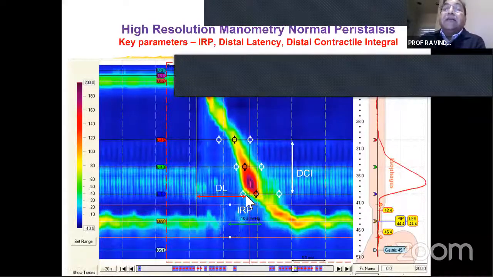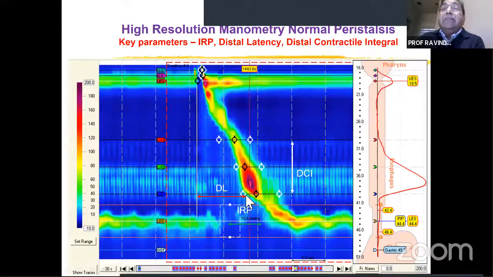So these are the three key parameters: IRP, distal latency, and distal contractile integral. You guys already know that with the onset of swallowing, it takes a certain time for the contraction wave to reach the distal esophagus, and the time it takes is called distal latency, now 4.2 seconds. And then you have these the low